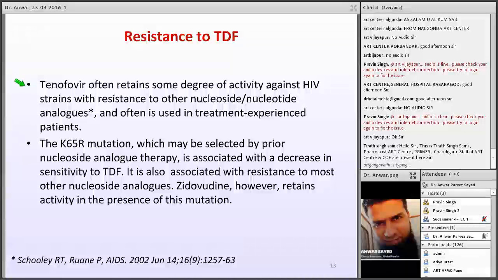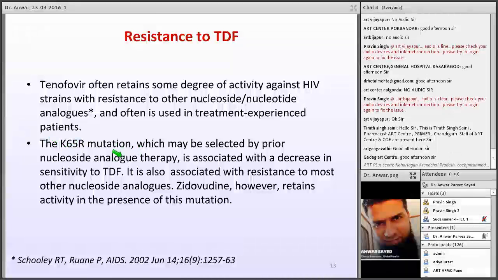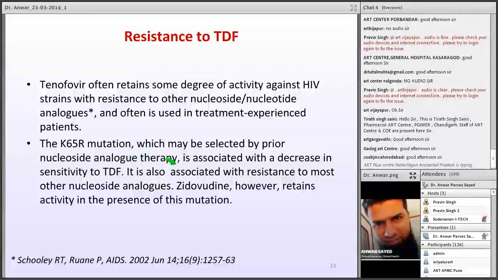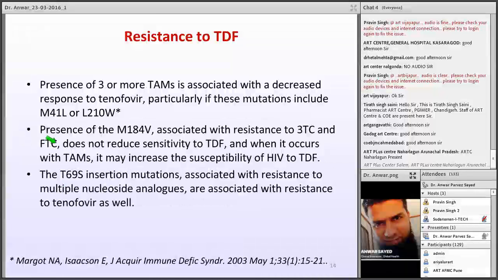So if we see the first, that is the implication of tenofovir resistance for treatment with other antiretrovirals, the K65R mutation, which is specific to tenofovir and may be selected by prior nucleoside analog therapy, is associated with decreased sensitivity to tenofovir. It is also associated with resistance to most other nucleoside analogs, but zidovudine, however, retains activity in the presence of this mutation. And if we talk about the implication of resistance to other antiretrovirals for treatment with tenofovir,